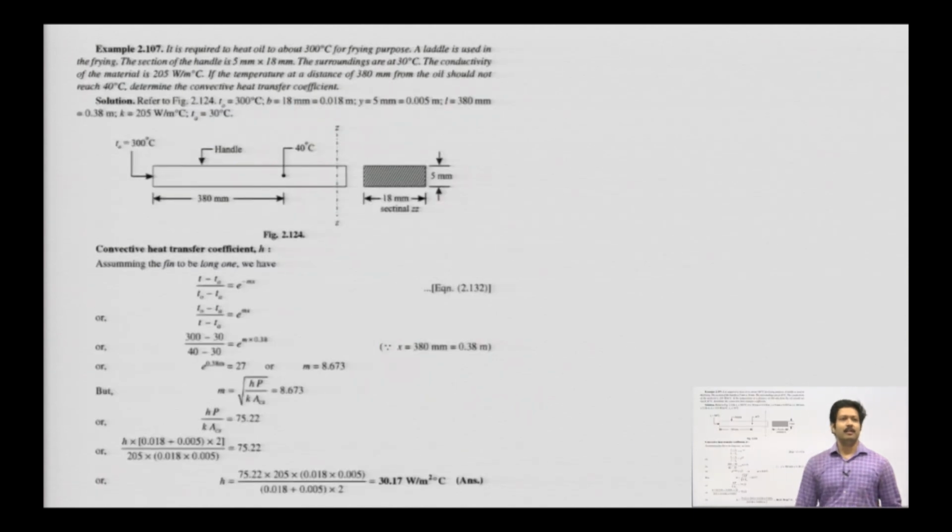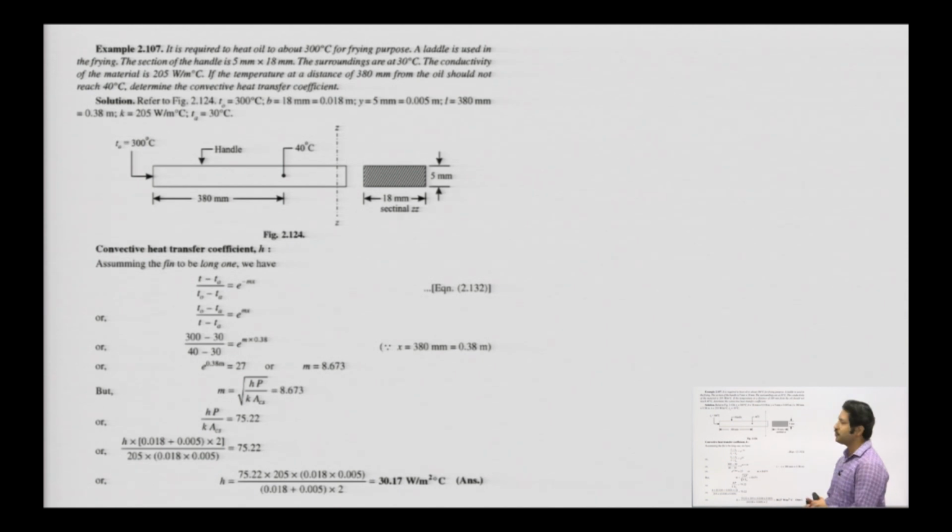Now the next numerical. It is required to heat oil to about 300 degrees Celsius for frying purposes. A ladle is used in the frying. The section of the handle is 5 mm by 18 mm. The surroundings are at 30 degrees Celsius. The conductivity of the material is 205 watts per meter degree Celsius. If the temperature at a distance of 380 mm from the oil should not reach 40 degrees Celsius, determine the